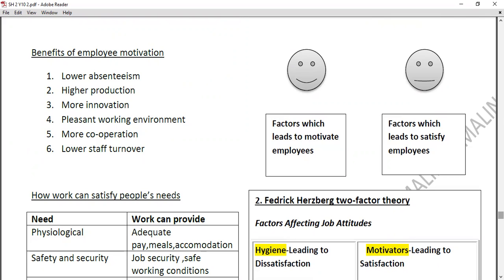And the next one is higher production. As a result of being highly motivated, they will feel very happy about their organization. And also as a result of that, the organization will be able to